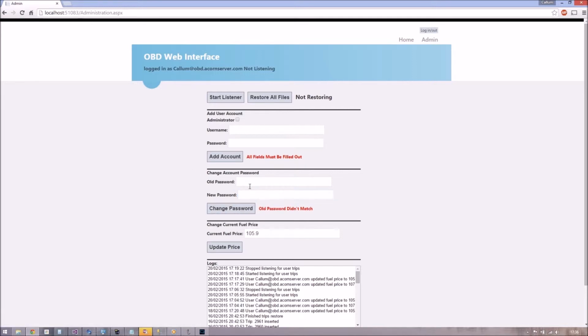This is where we change the fuel price. So if I change that to 7.9, which predictably fuel will go up, I click update price, and we can see in the log below that I have updated my price. So if I just put that back,